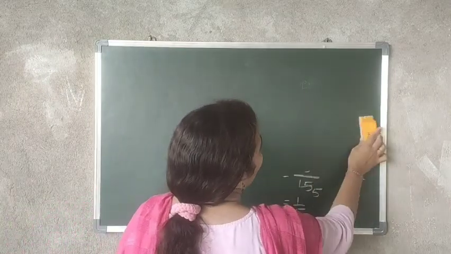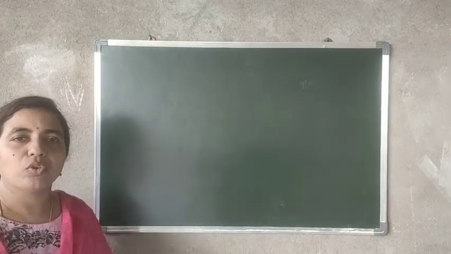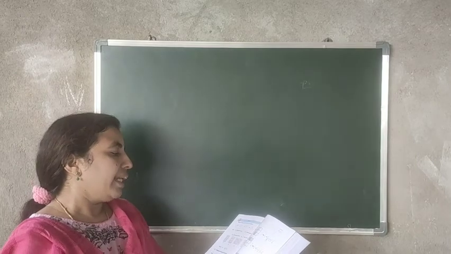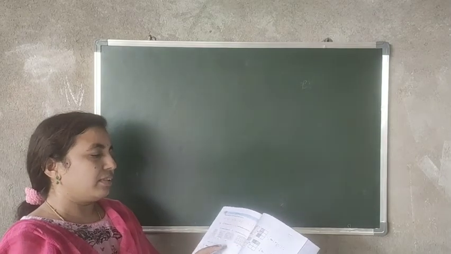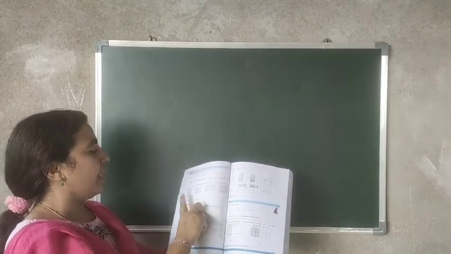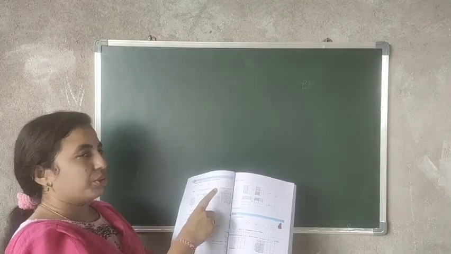Exercise 2 remaining are homework for you. Just I'll explain what to do. First bit already I have given you homework. Now see second bit, shade. Here they have given boxes. If you have textbooks, you can see they have given 4 questions A, B, C, D. They have given for A 1 question, B 1 question, like that they have given.